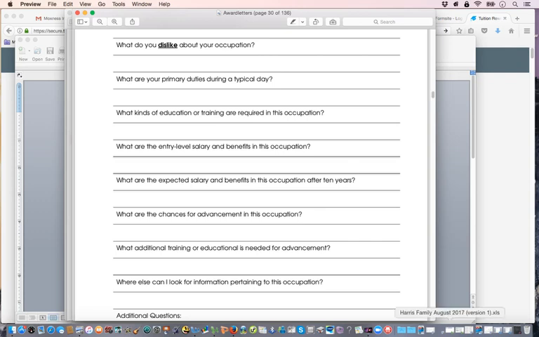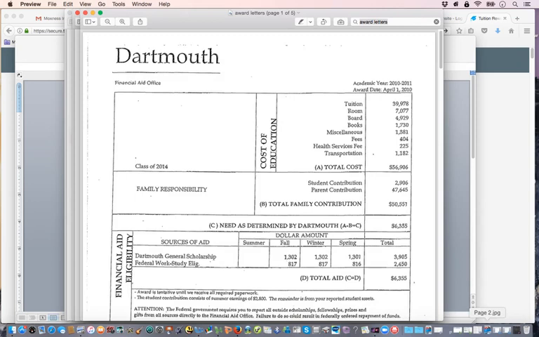And then also what we do is we talk about what is called college leveraging. College leveraging is a process that a lot of families don't know about, but if you ever went to Walmart, Walmart offers what is called price matching. And so this is an example of that price matching approach that people do at Walmart.